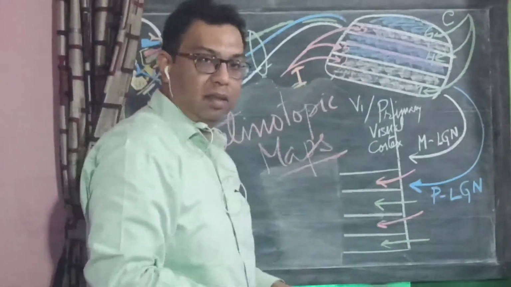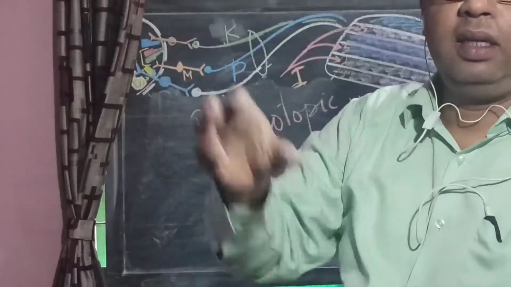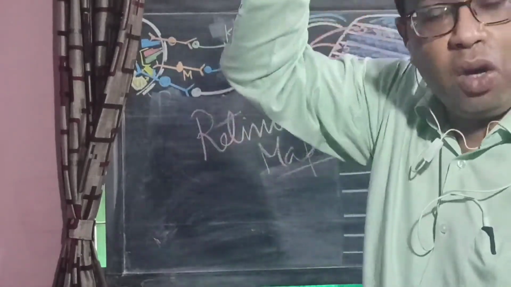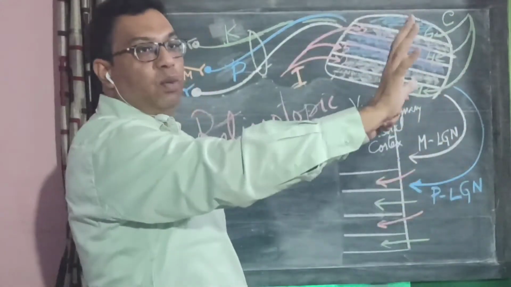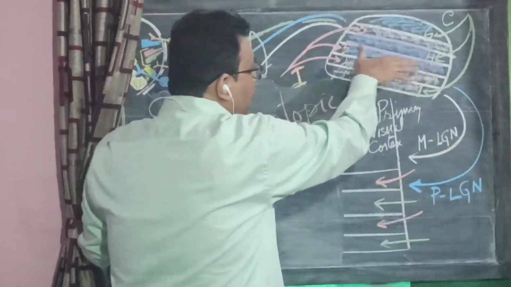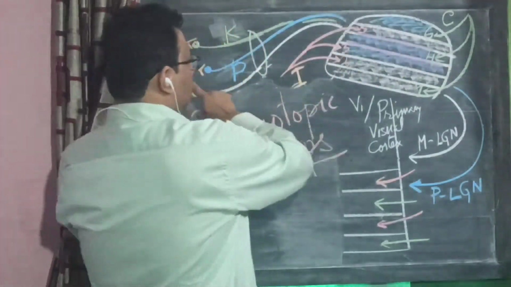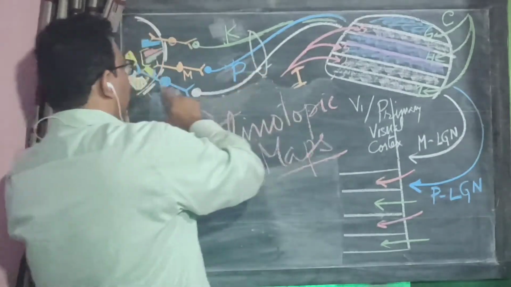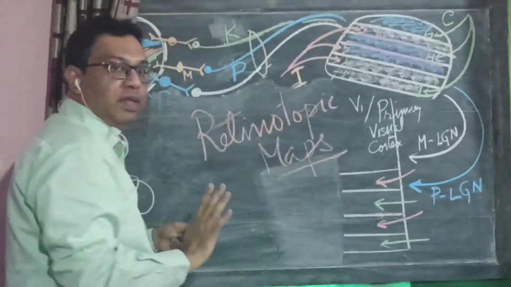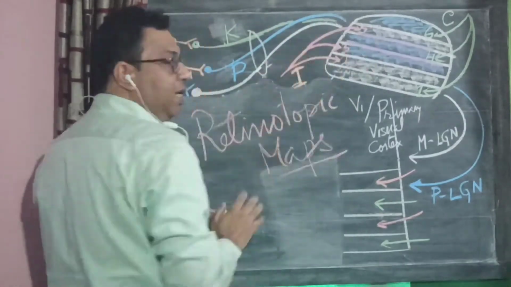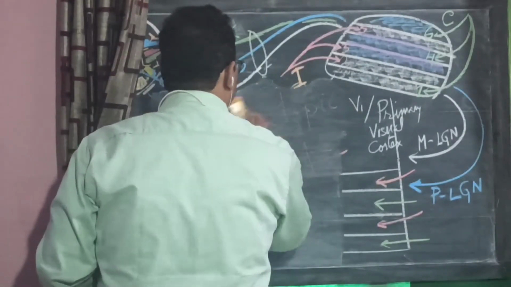So each layer has a map of the visual world. It is like having the sensory homunculus or the motor homunculus, a representation of the external world. The visual representation of the external world is located in a very coordinated fashion. So there is a labeled line coming from specific rods or cones to a specific area of the lateral geniculate body. This is called a retinotopic representation, or the lateral geniculate body has a retinotopic map.